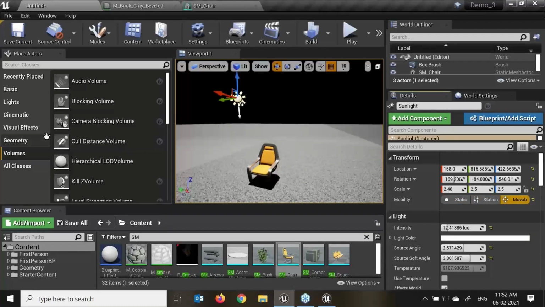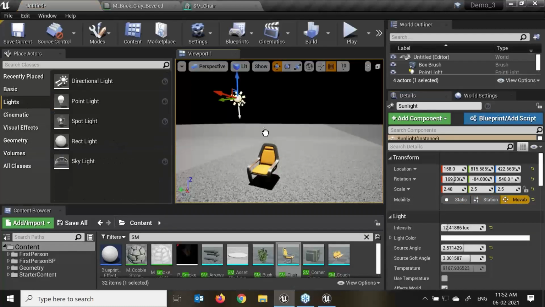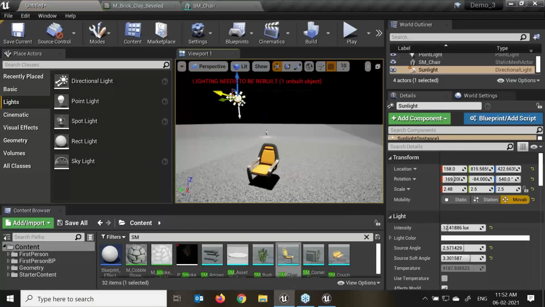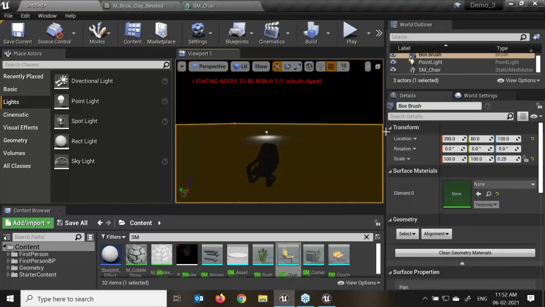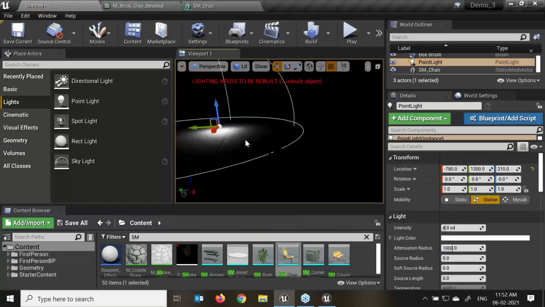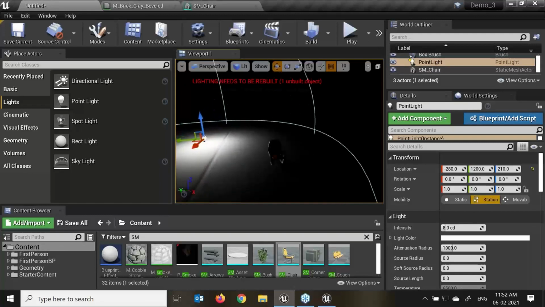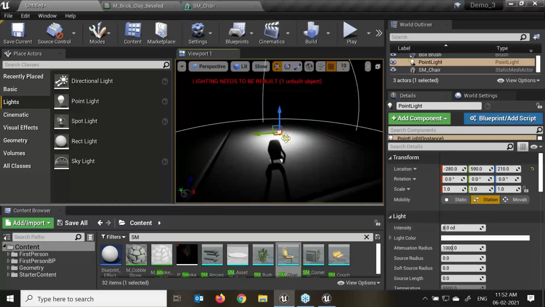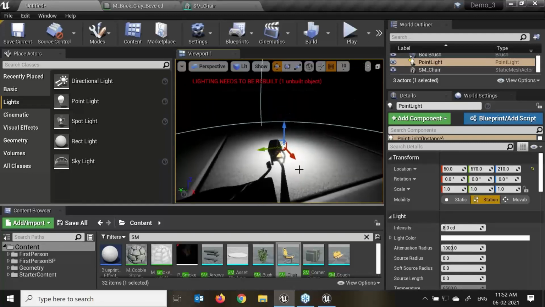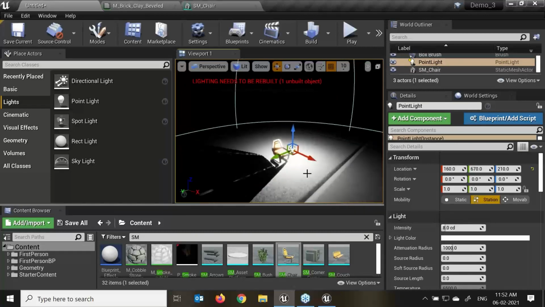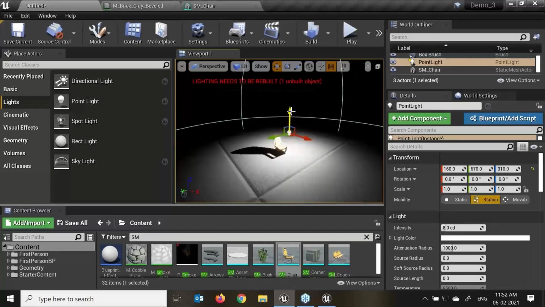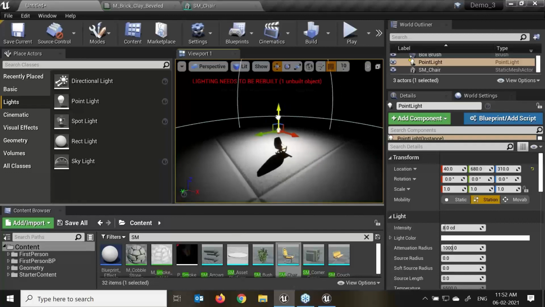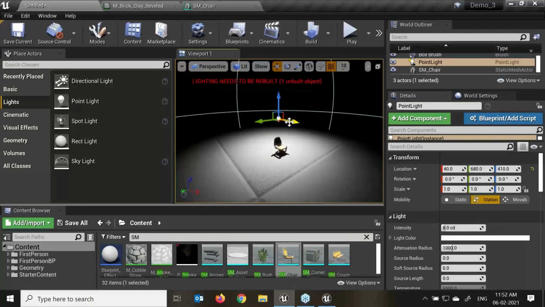Now we'll talk a bit more about the point lights over here. Just drag and drop, select and delete. I'll select my point light over here and grab it near to my scene. Each and every light has different properties. Here we can see the light's effect is different. Slowly it's falling off as per the radius.